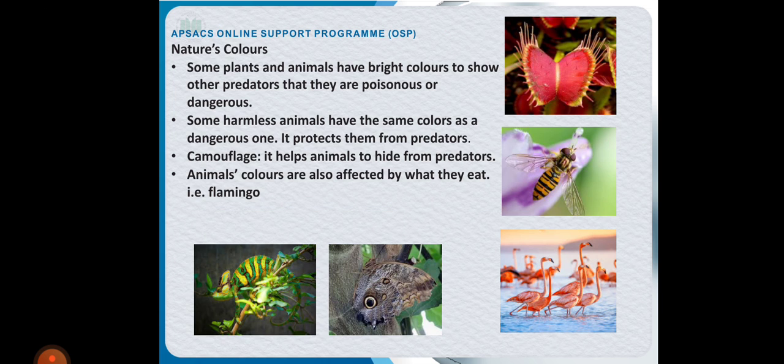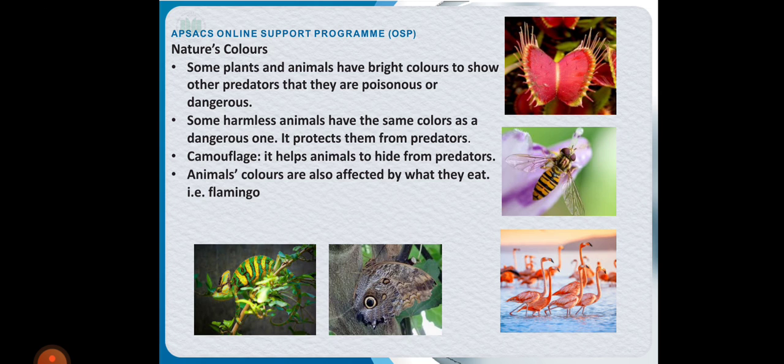Moving on to the next topic about nature's colors. Colors play a very important role in nature. Some plants and animals have bright colors to show other predators that they are poisonous or dangerous. This is an image of a plant called the Venus flytrap. It is of bright red color, which tells other animals that this plant might be dangerous, and so animals avoid